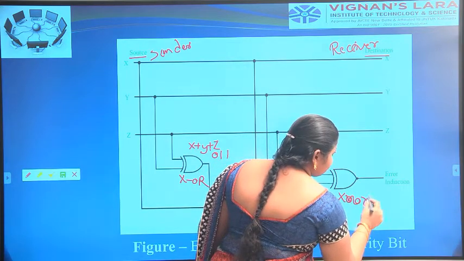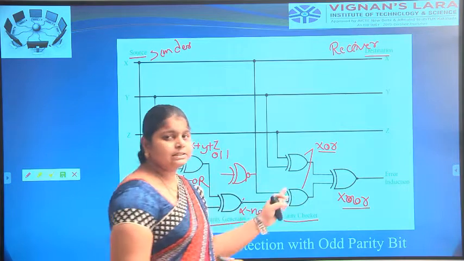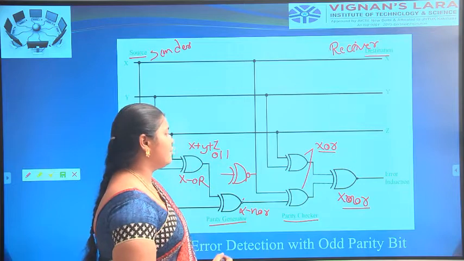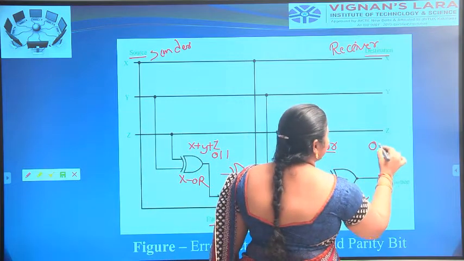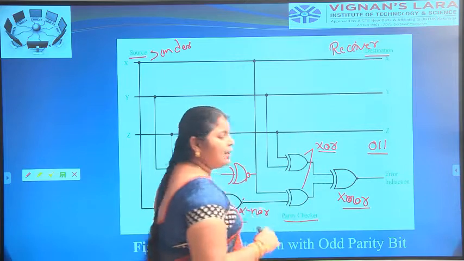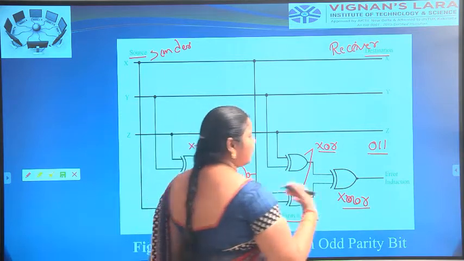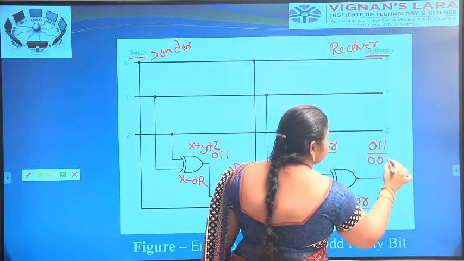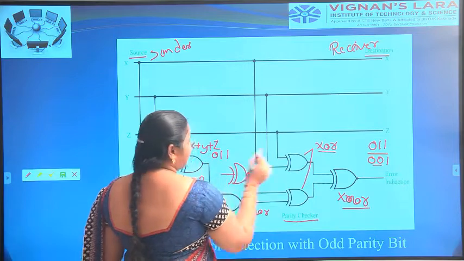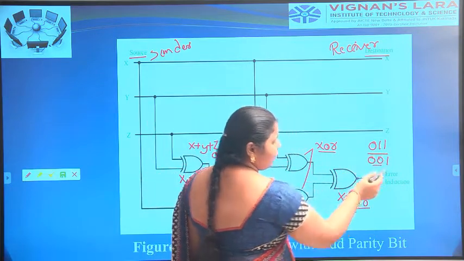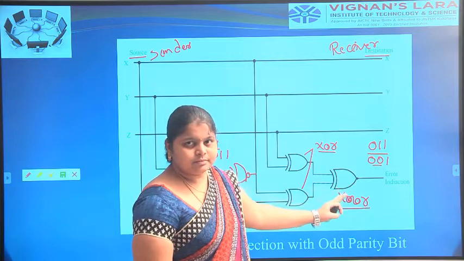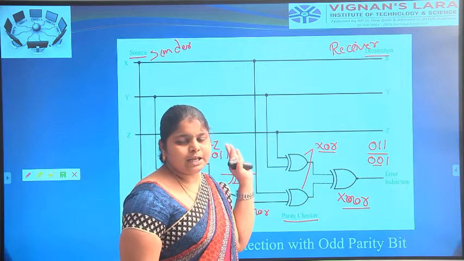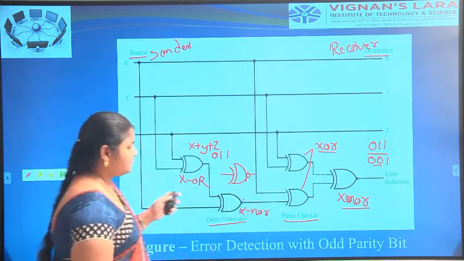XNOR. Here there is no indication of error, means okay. Here we take the binary number 001. Here the resultant will be 001, means the final result has no modifications, because there is no misplacing of 0 to 1 or 1 to 0. For example, take 001. If in either condition we misplace the 1 to 0 or 0 to 1, here an error is indicated. Okay, like this the parity bit error detection will occur from source side to destination side. Okay.